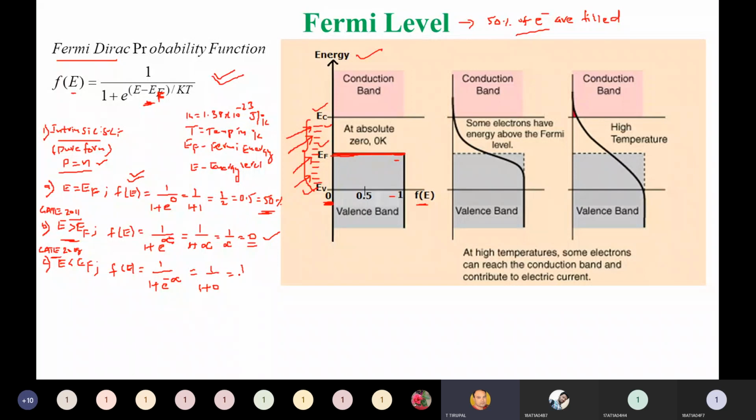So what is the meaning of this? If an external energy is applied which is less than the Fermi energy level, then the probability of finding an electron filled at that energy level is equal to how much? 1. It is equal to 1. See this figure. This is the case where the applied energy is less than EF, so it is present in which band? Valence band. This complete region is called the valence band. It is present in the valence band and its probability of finding is equal to 1. So please do remember all these points. A, B, C points are very, very important points.